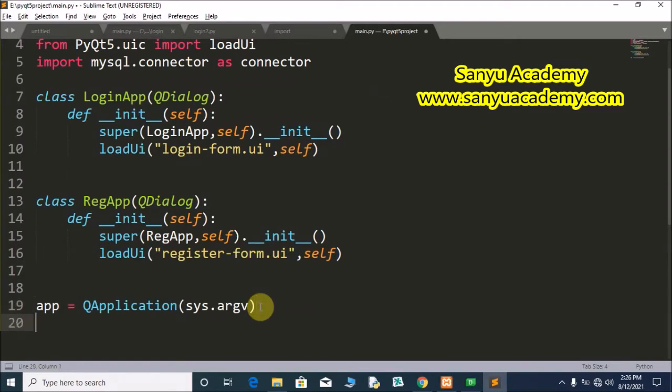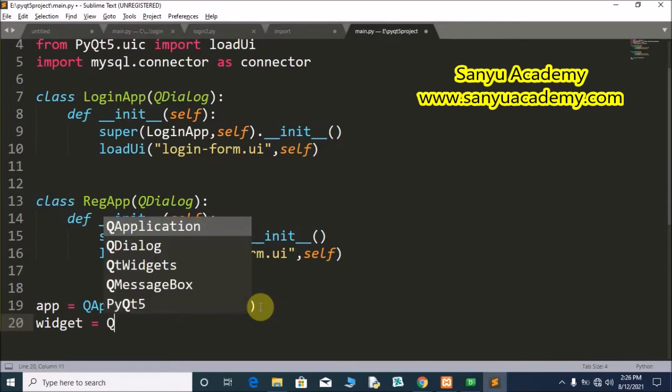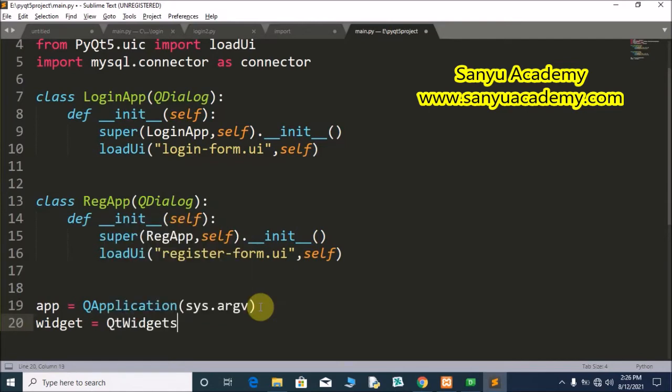Next we have to create a widget. widget is equal to QtWidgets.QStackedWidget. This is used to load all the classes into this widget, so we can use all the forms, all the user interfaces through this widget.